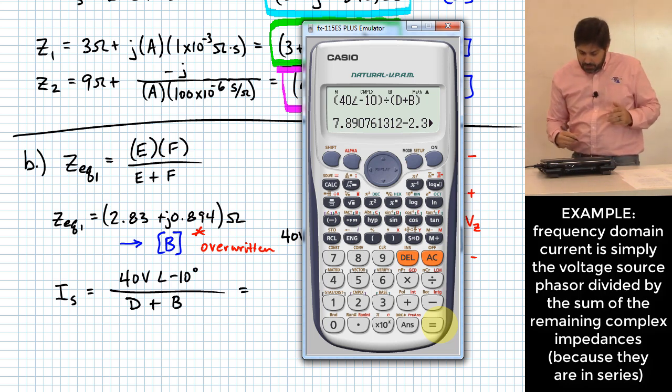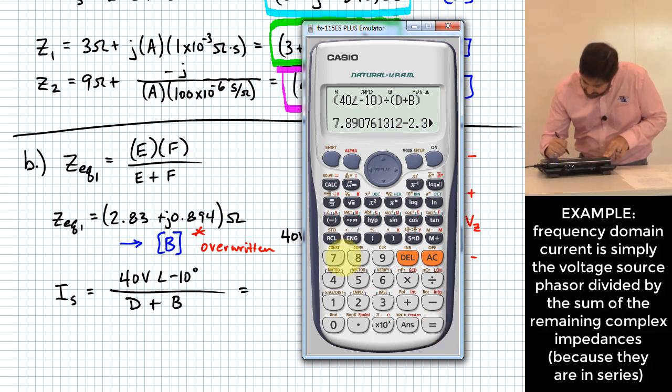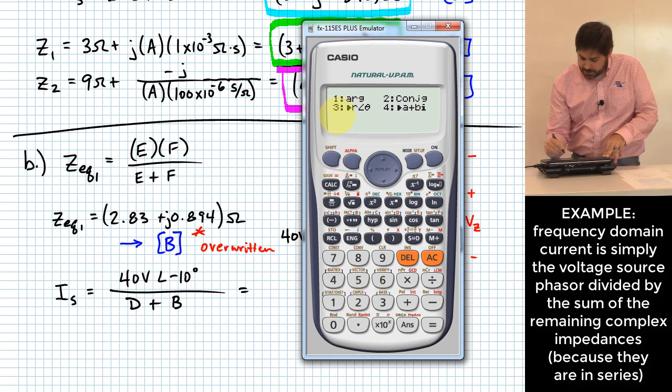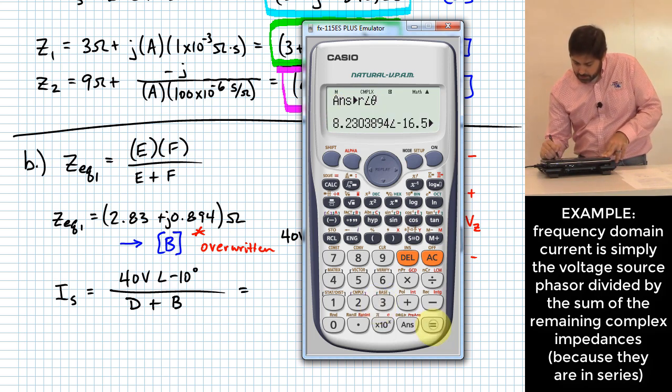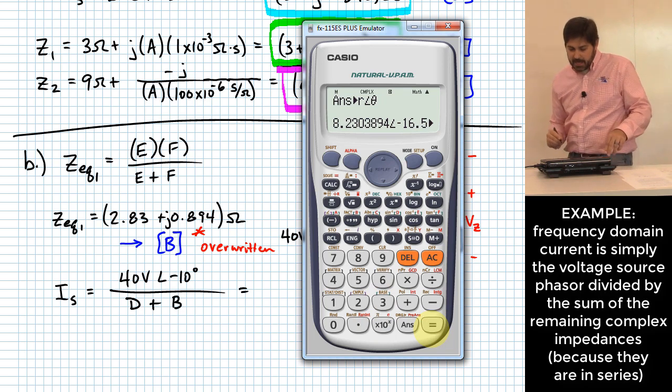Okay, so what I'm going to do with this one then is convert it. In the complex menu, there's an option there that says to R angle theta, with a little arrow that says convert that to polar. So I'm going to do that one right there, convert that to polar, and that gives me 8.23